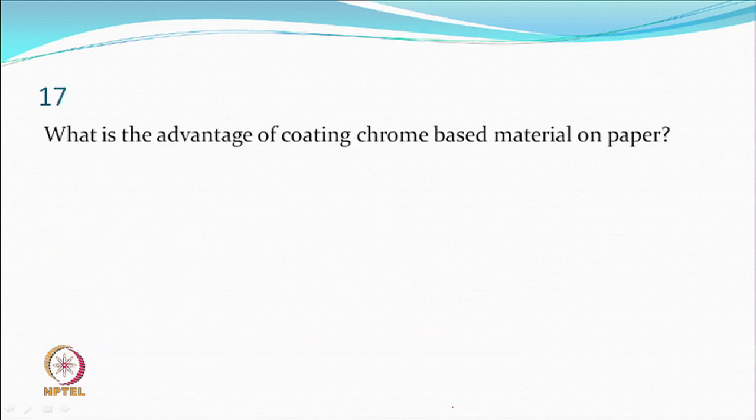So, this was something on the release paper, a very specific question, which was that chrome based stearic acid etc. were being used. Stearic acid by itself is a hydrophobic material. So, hydrophobic printing etc. could be done very easily compared to an oil based system, and then release can be done. So, it was only a coating on a paper. That is the question which is there. Why do you use that?